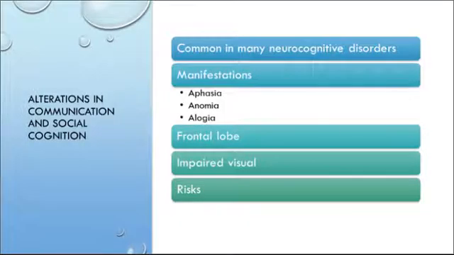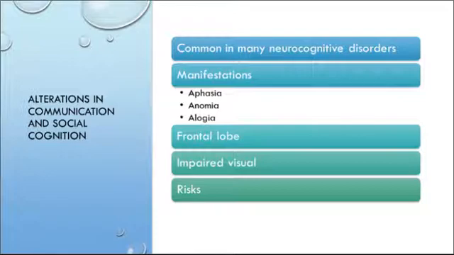Alterations in communication and social cognition, on page 1709, are common in many neurocognitive disorders. And remember, schizophrenia, which is the last exemplar in cognition, is a brain disorder. So it is a neurocognitive disorder. That's why they put it in this section. So alterations in communication, social cognition,